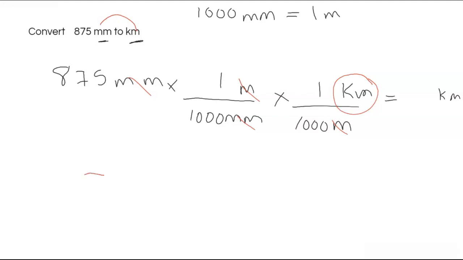So I would say the raw value that I'm getting for this is 0. Oopsies, I don't know what happened there. Let me try that again. And third time's a charm. 0.000875